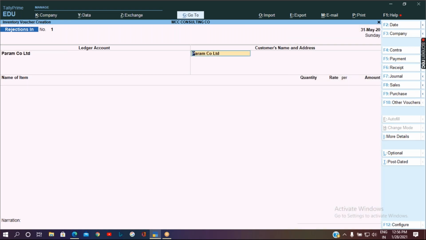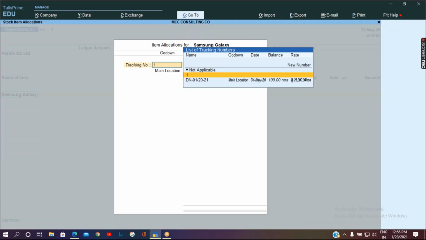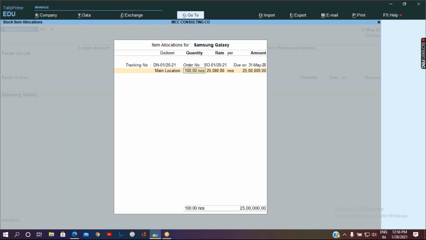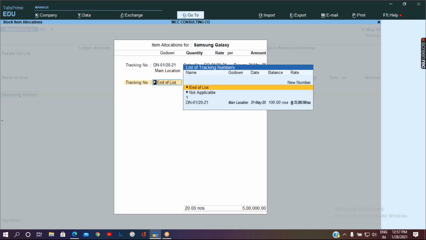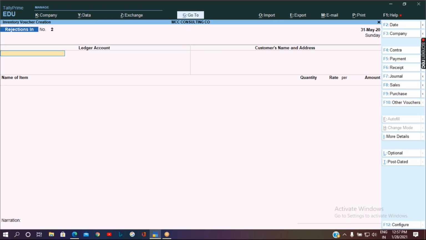Select the same party, select the same stock item and tracking number. Let's assume there is a quantity of 20 returned. Accept it.